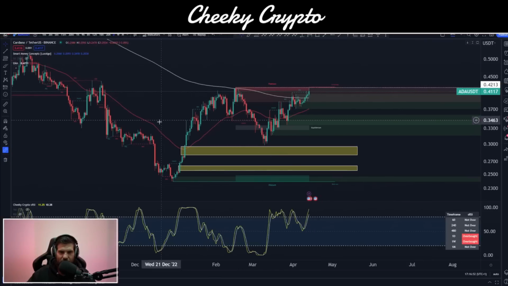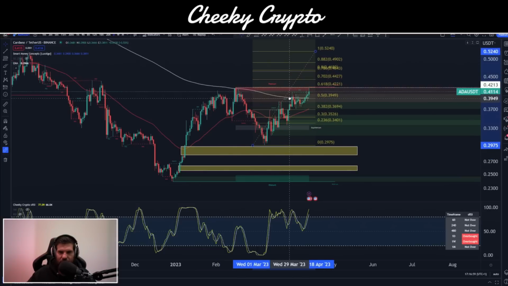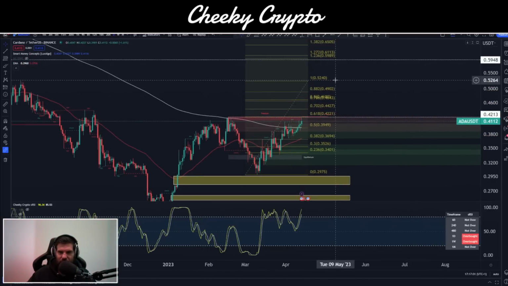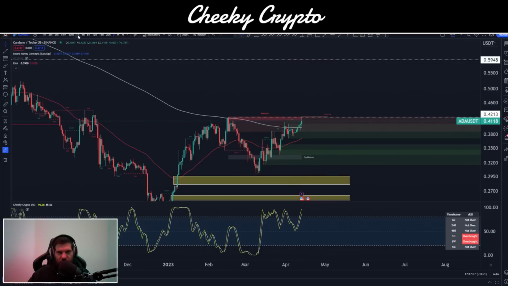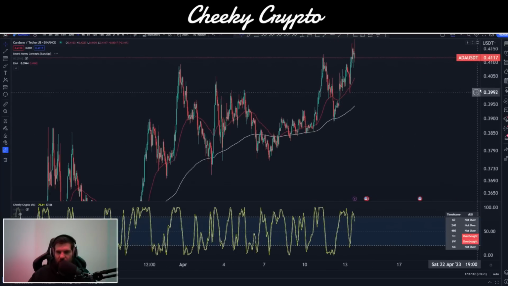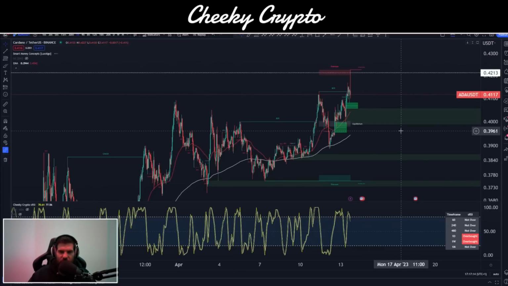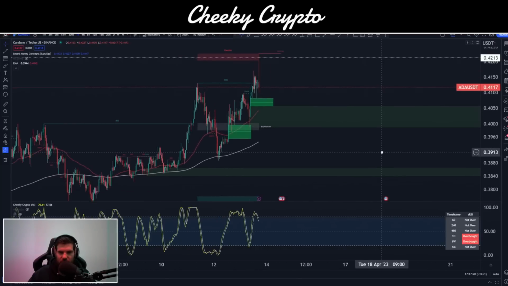And if we do zoom out far enough on this daily chart, we can of course acknowledge that there's a bigger potential move to the upside here, taking us up to like 52 cents, maybe a little bit more. So we want to be a little bit cautious. We don't think we have the structures on the smaller time frame to really support that, but on the daily it does look pretty good from that point of view. But we don't have the momentum to support that move, nor the structures on the smaller time frames to support it.